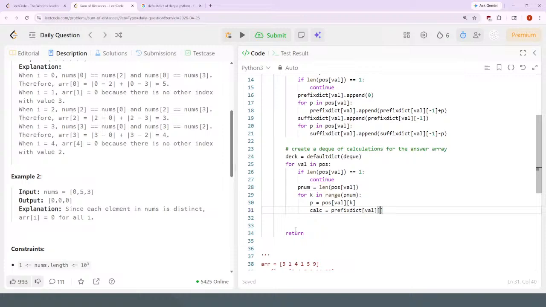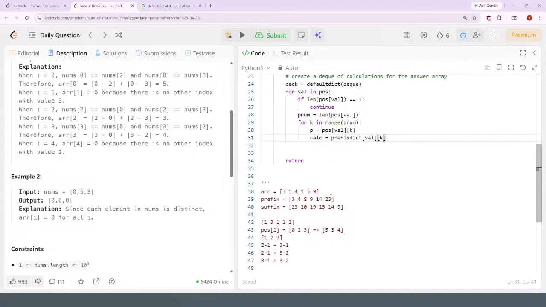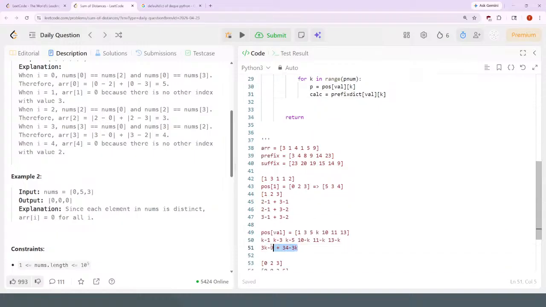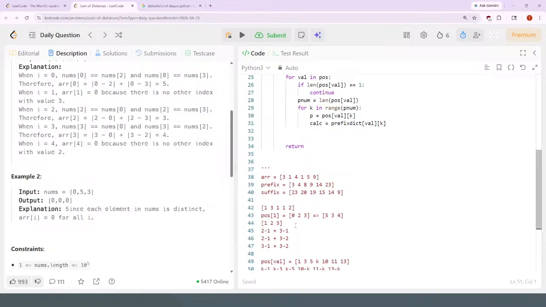I think it's something like at k. So it should be this calculation right here. The number of things that this is after. So if k is 0, this is after 0, k is 1, is after 1. So it should be, I'm going to say k